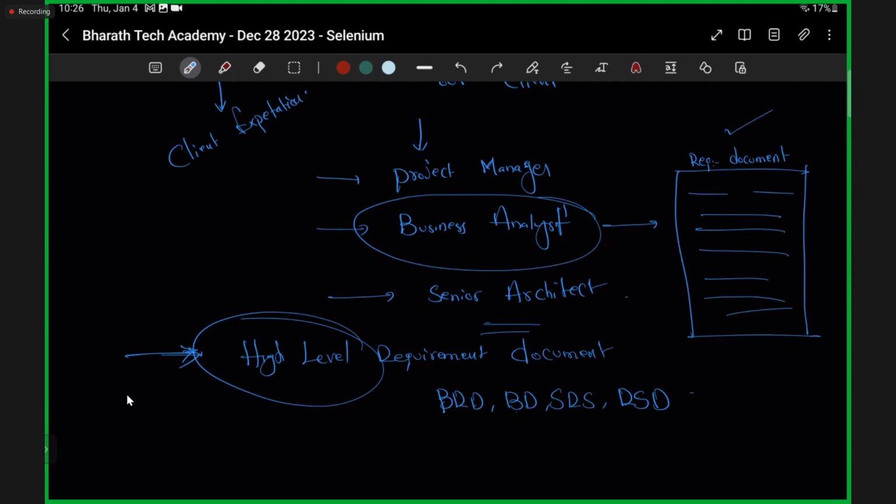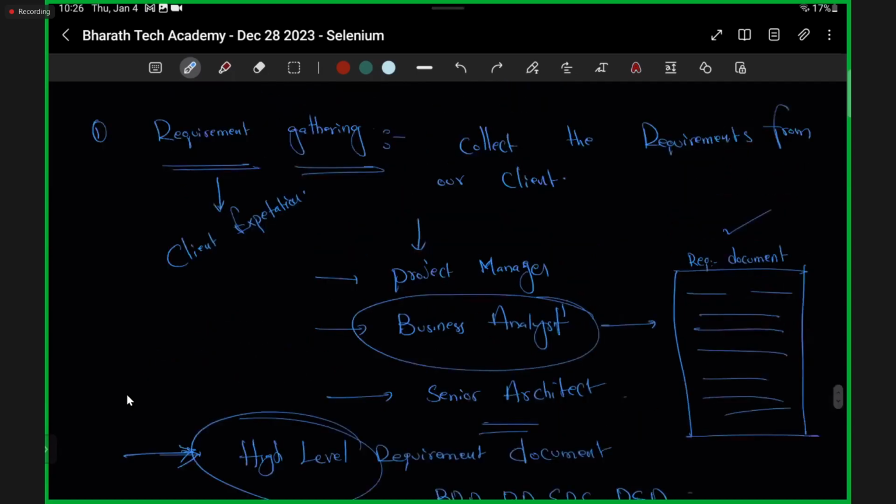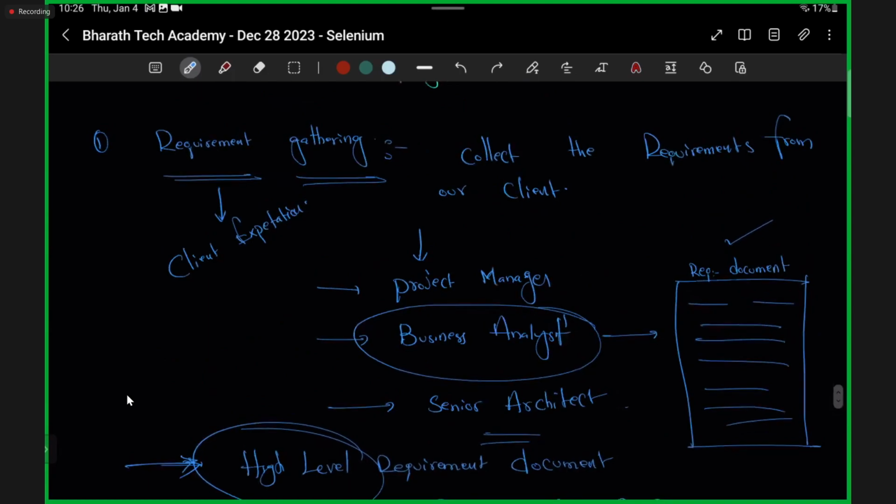Who is going to write the code and who is going to test the application? Most of the time, junior developers and mid-level engineers are going to work on the development and testing process. But during the first meeting, we haven't involved any of the developers or testing members, right? That's the reason until we share this requirement document with the actual people who are going to work in this project, and until we collect the opinion from those people, we are not going to confirm this requirement document as a final